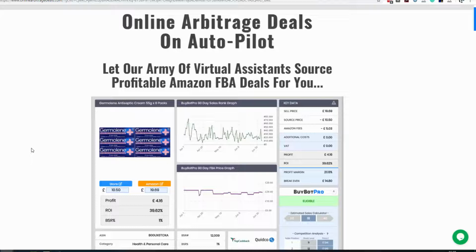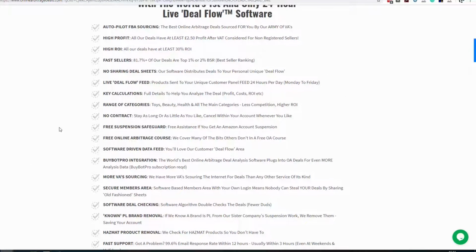If everyone is receiving the same deals, everyone's buying the same stuff, and ultimately you get a lot of competition and the price starts to go down. But you don't get this so much with the online arbitrage deals software because you get access to your own unique live deal flow. So not everyone gets the same deals,